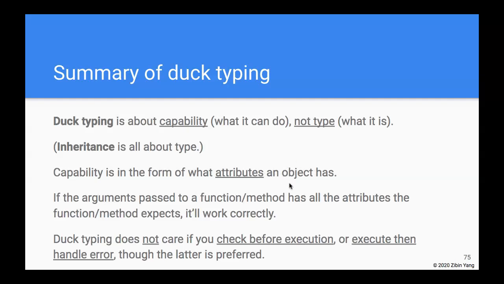So if an object or an instance or an argument that is passed to a function has all the right attributes that the function wants, then the function can work. Again, it doesn't matter what the type of that argument is. And duck typing,